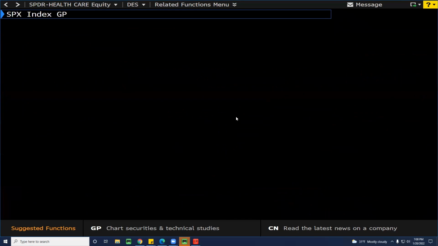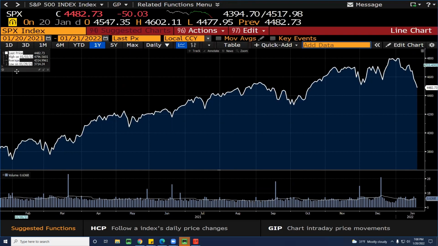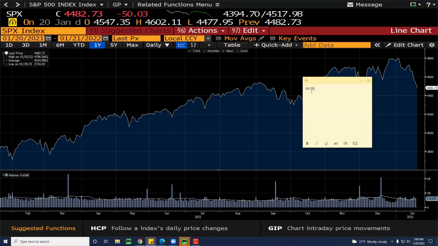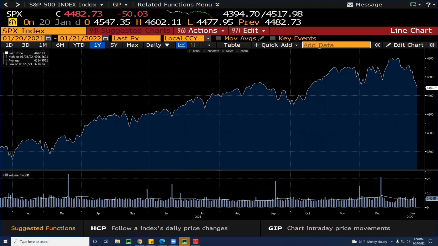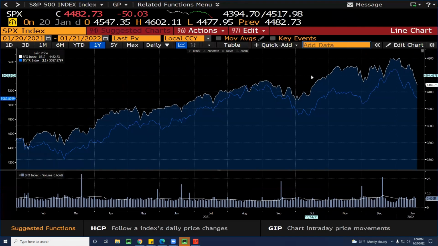Go to the line chart. Then to add another data set on here, we will add the index that we just got. So ours is IXVTR. Just remember that IXVTR. And you can see it says healthcare select sector, whatever that means. But that's basically how we get our